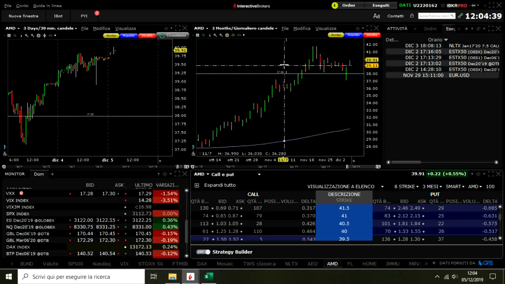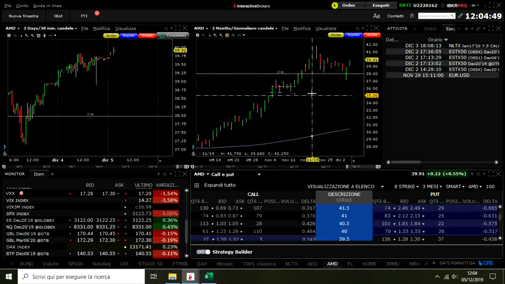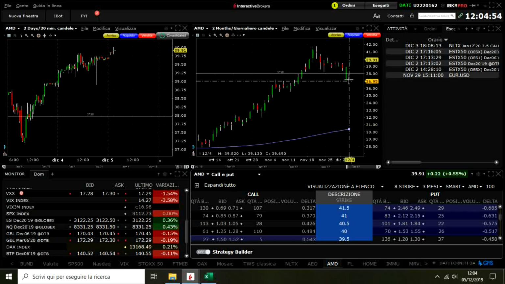In the end, if you have a bullish expectation and your idea is to purchase a call, the most reasonable choice is to pay attention to purchasing an in-the-money one. Let's see why. Now the stock is around $39 at the closing of yesterday. In the pre-market, it's going up, but the chain is not working because the market is closed now. So prices are referred to yesterday's close, around $39,